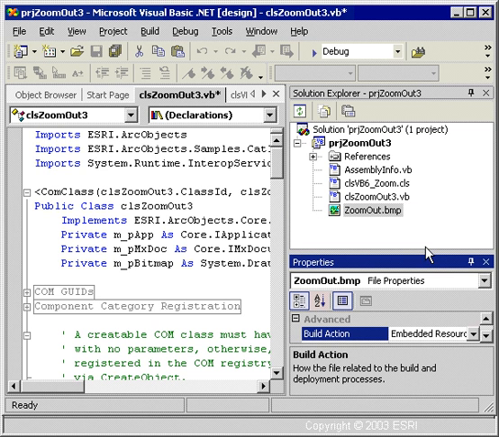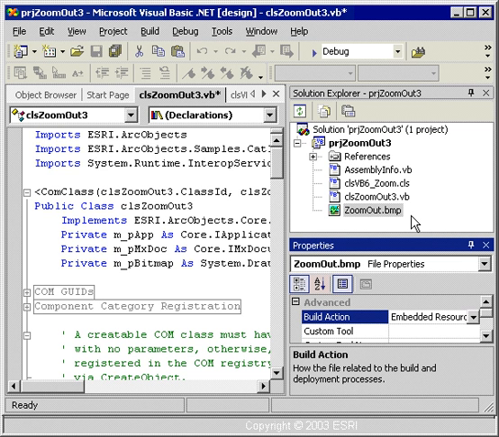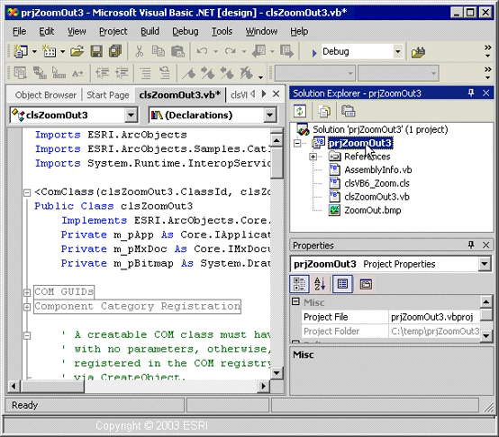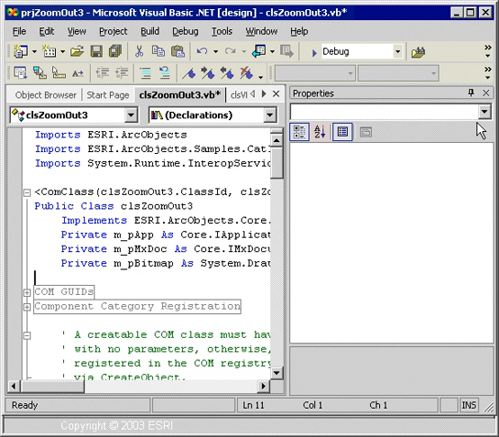Remember, during the topic on error handling, I mentioned that the code that deals with embedded resources is case sensitive. So the two text strings that you'll need to be on the alert for are the name of the bitmap and the name of the project. Once again, I'll return to the code window,